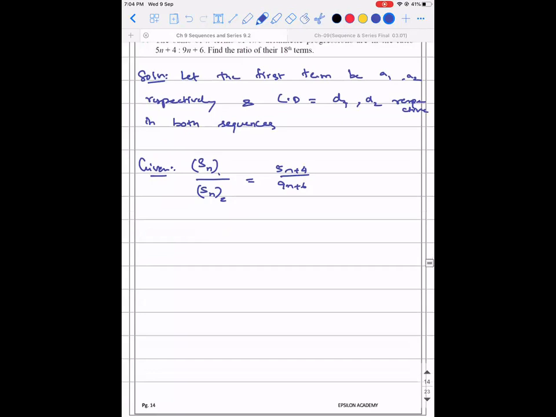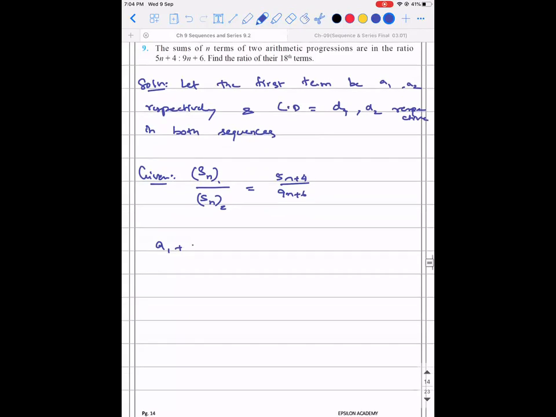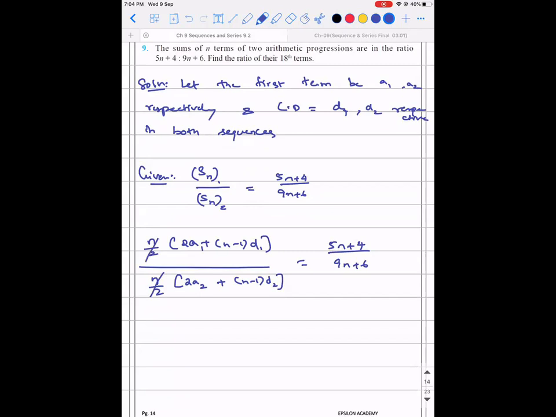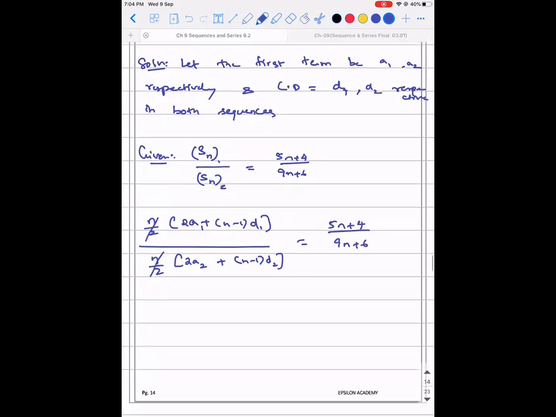So sum of n terms in the first sequence means what? n by 2 into 2a1 plus n minus 1 into d1 divided by n by 2 into 2a2 plus n minus 1 into d2 is equal to 5n plus 4 divided by 9n plus 6. What gets cancelled? n by 2 is gone. So 2a plus n minus 1